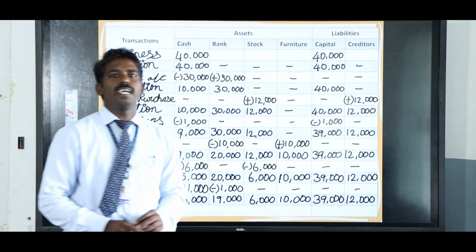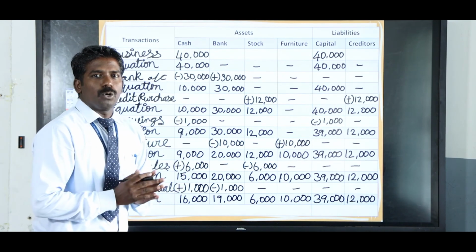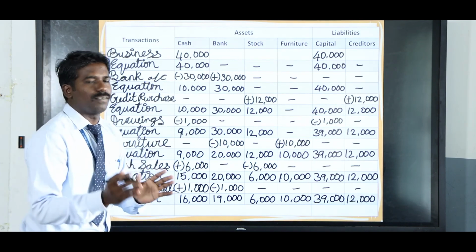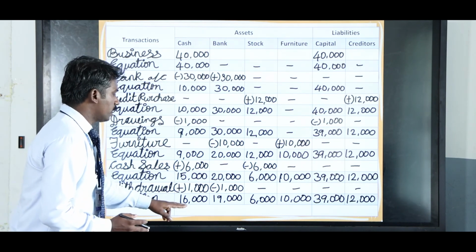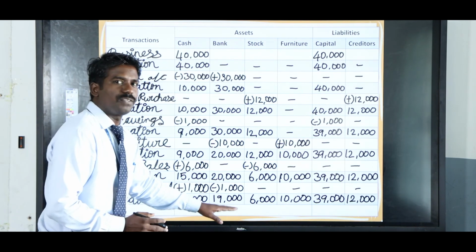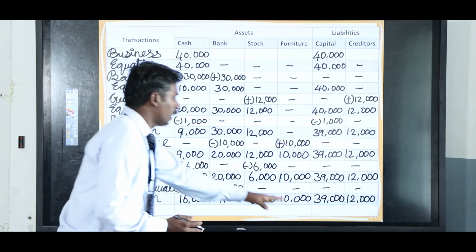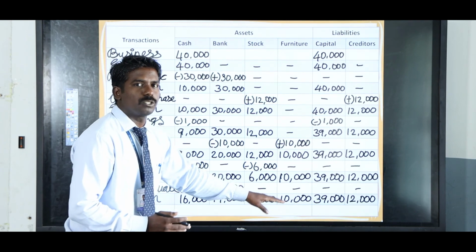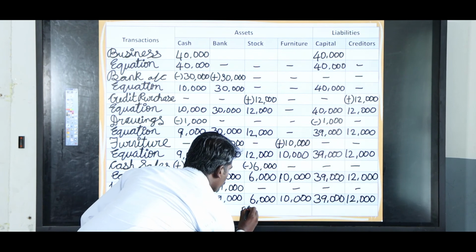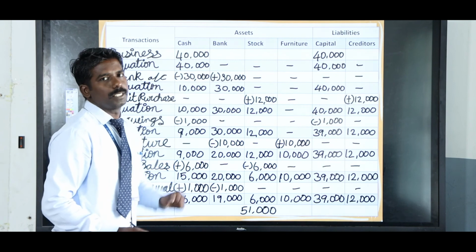With that, we have given the accounting equation for all the above transactions. Finally, we will show the value of total assets and total liabilities. So add the value of total assets. 16,000 rupees plus 19,000 rupees. Added together 35,000 rupees, and then add 6,000 rupees, 41,000 rupees, and add 10,000 rupees, 41,000 plus 10,000, 51,000 rupees. So write 51,000 rupees as the total value of the asset side in the business organization.